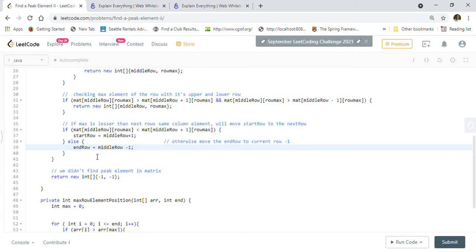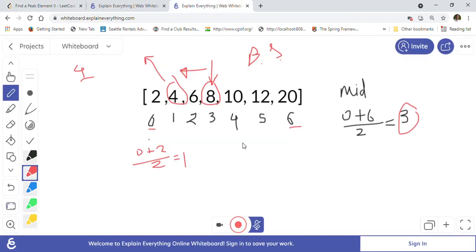So we have to decide whether we go to the upper half or lower half, the same way we move our pointer in binary search. When we halve, we always move the left or right pointer.